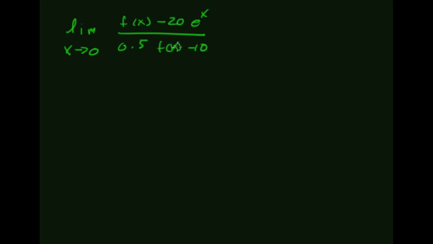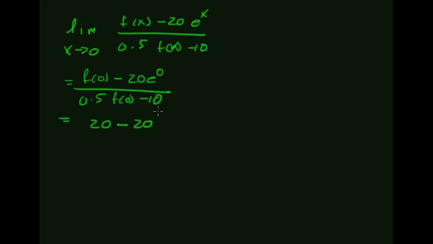All right, part D of this problem says I have the limit as x approaches 0 of f of x minus 20e to the x over 0.5 f of x minus 10. When you just plug these in, you're going to get f of 0 minus 20e to the 0 over 0.5 times f of 0 minus 10. You're told that f of 0 is 20, so this is going to be 20 minus 20e to the 0, which is 1. Half of 20 is 10, minus 10 gives me the form 0 over 0,